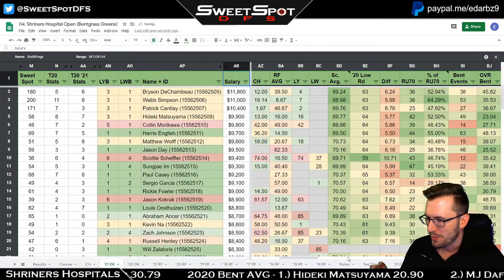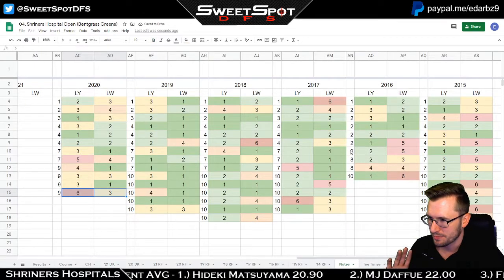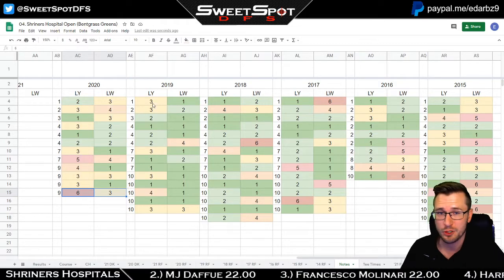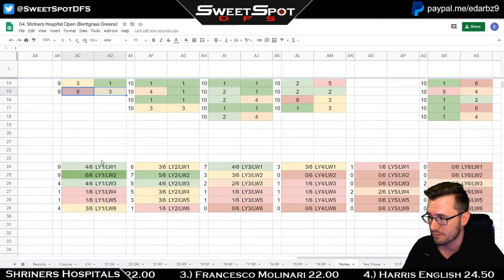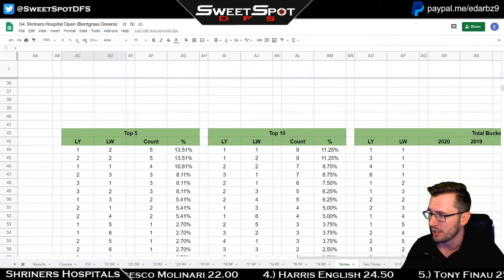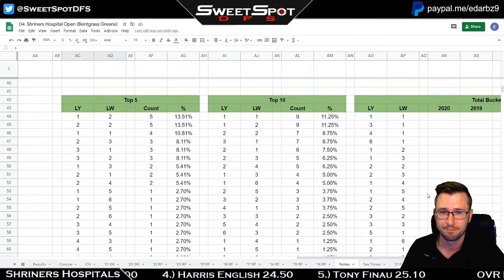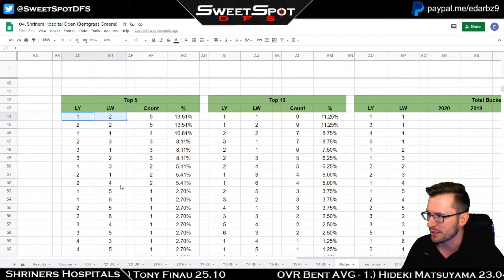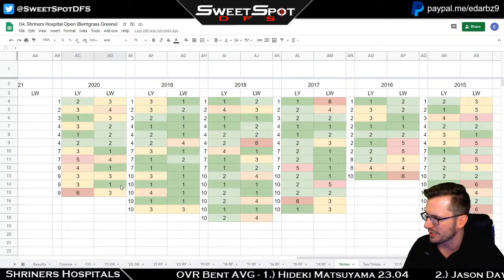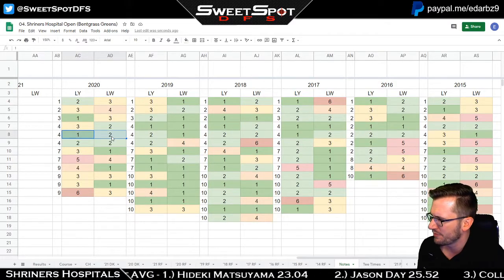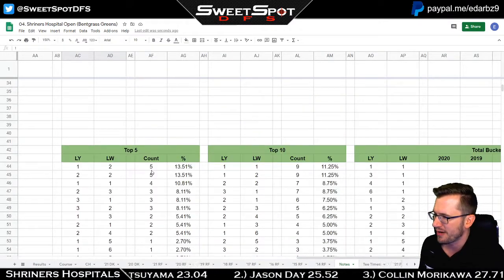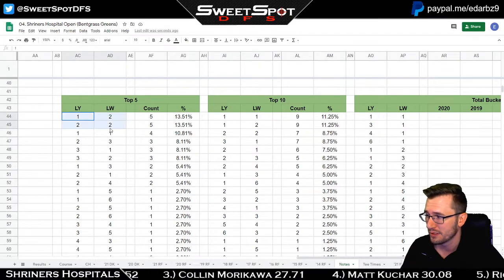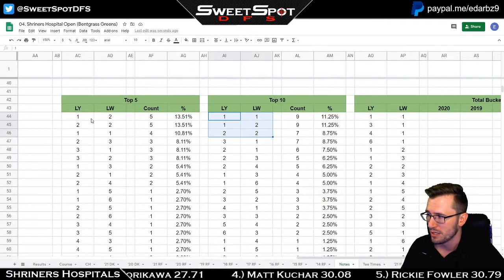But I'm going to go back to the bucket system page, the notes page here. And again, I capture every single combination. I then calculate all of those out into percentages down here. So when we look at each one of these, now you remember 1-2 has happened every year over the last 6 years. Is that true? Are my numbers off? Oh, we're looking at these are top 5 finishes. This would be top 10 finishes. So I do it by top 5 and I do it by top 10. So you can see